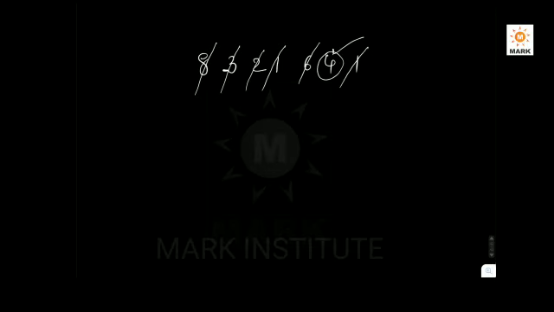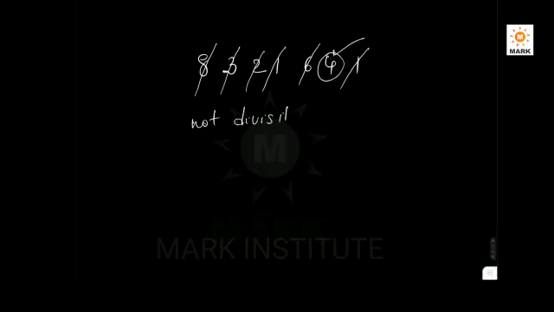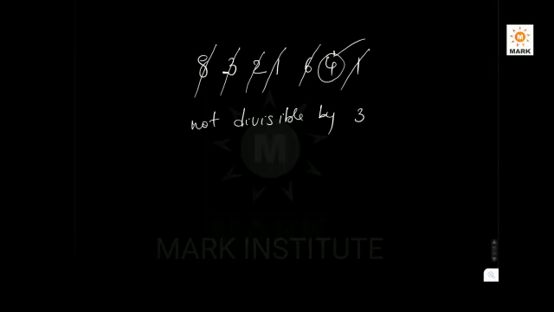That means we know very well there should be no number left which is not divisible by 3. So there is a number 4 which is not divisible by 3. That means this number is not divisible by 3, because 4 is left. The only left number should be 0, or there should be no natural number left which is not divisible by 3. Here there is a 4 left which is not divisible by 3. That means this number is not divisible by 3.